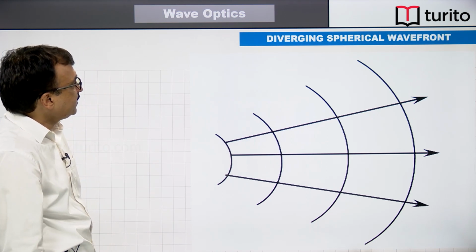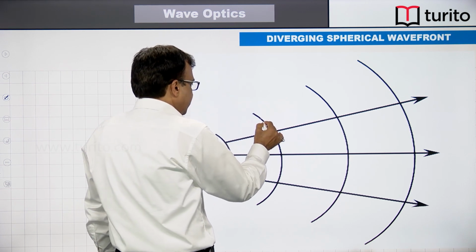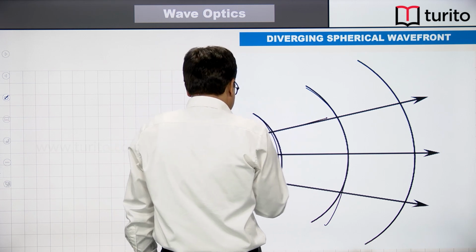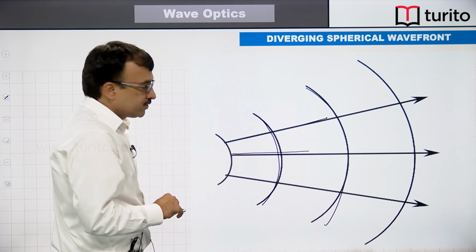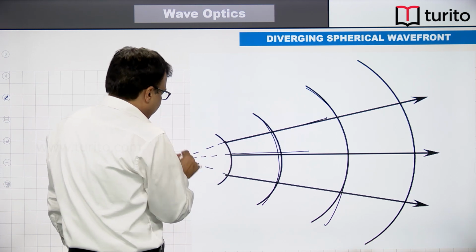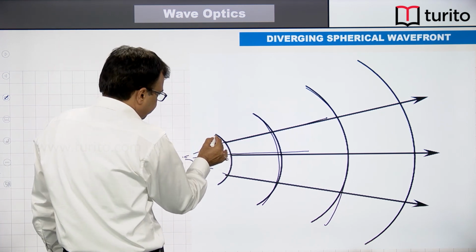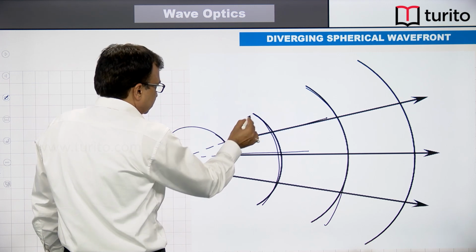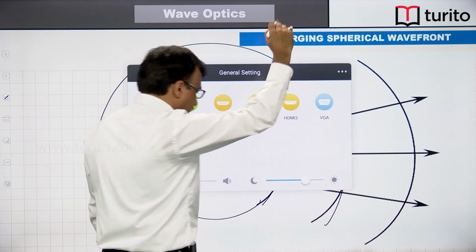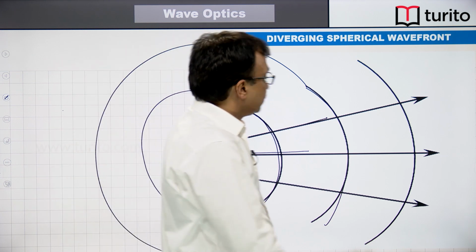Now, consider diverging spherical wavefront. If rays are diverging, then this is the situation, this is the wavefront, and waves are travelling like this. So, where is the point of intersection? The point of intersection of these waves is here, and this point of intersection is the center of curvature of the wavefront. Okay. So, these things are very useful,